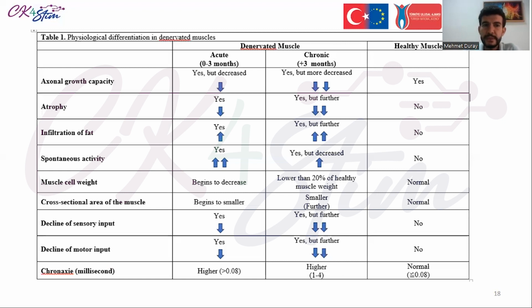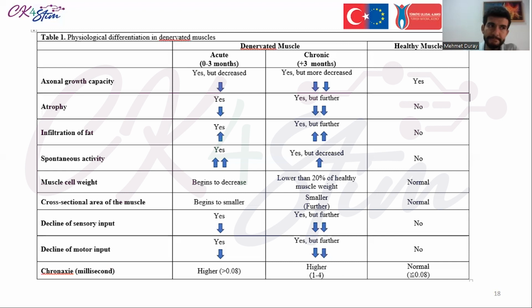Infiltration of fat and spontaneous activity begin in the acute period, but they increase in the chronic phase. Muscle cell activity and muscle cell weight begin to decrease in the acute period. The cross-sectional area of the muscle begins to get smaller, and these increase in the chronic period after 3 months. Sensory input and motor input from the nervous system decline and increase over time. As you can see in the table, chronaxie